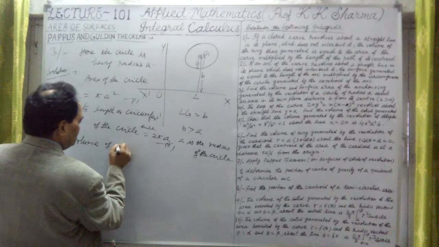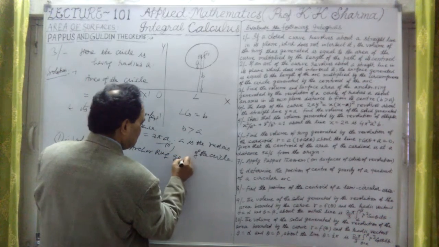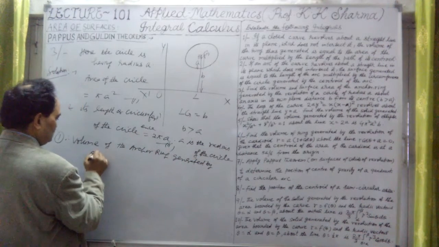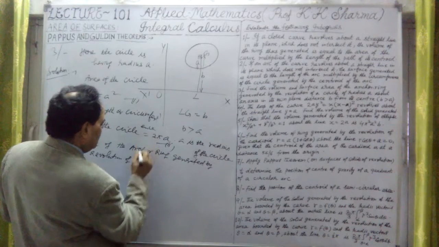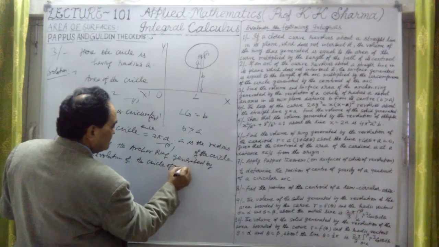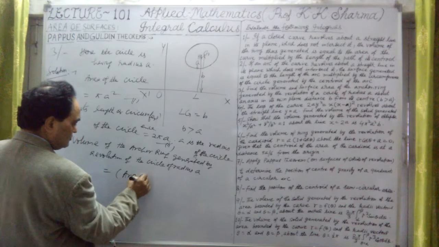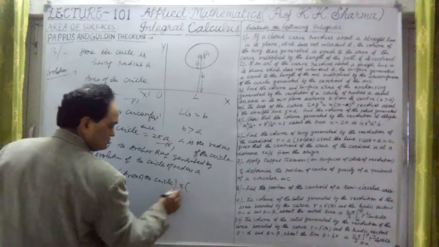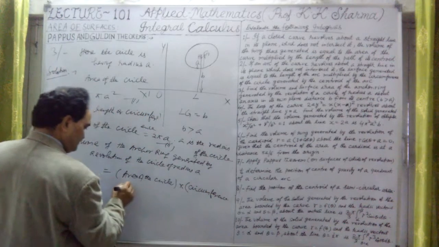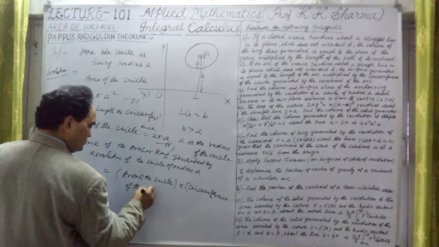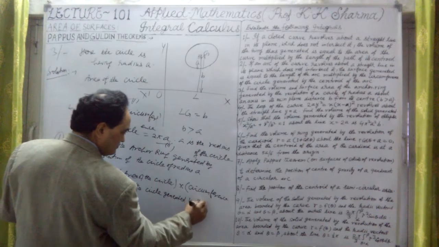Therefore the volume of the anchor ring generated by revolution of a circle of radius a is equal to the area of the circle into the circumference generated by the centroid, by the